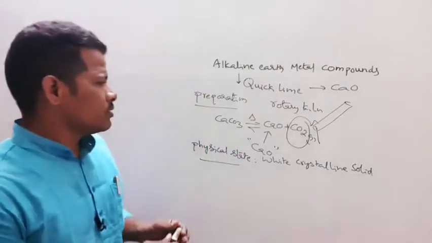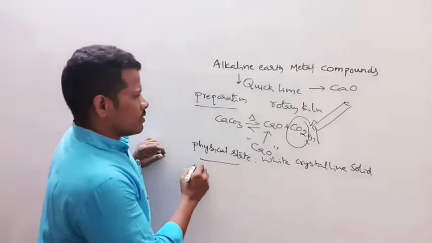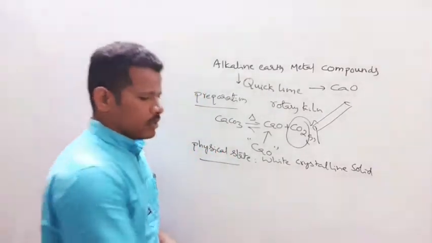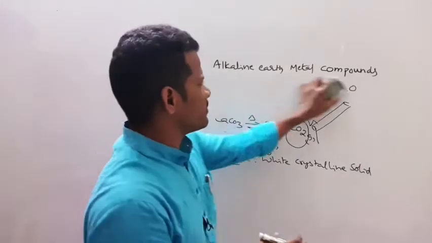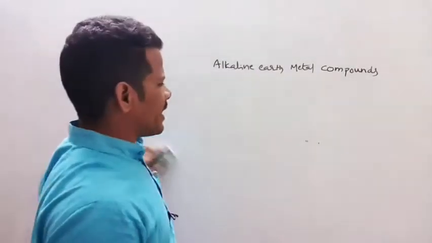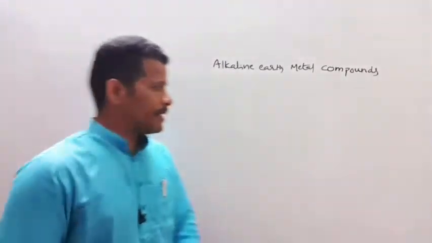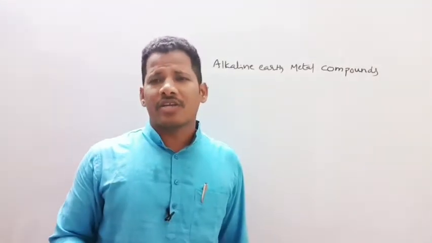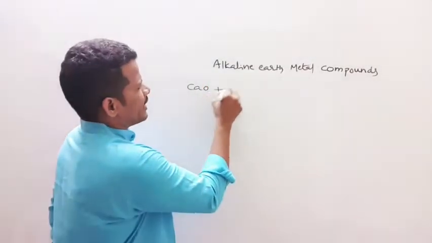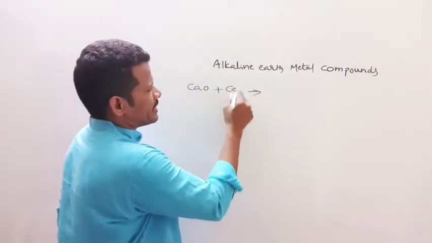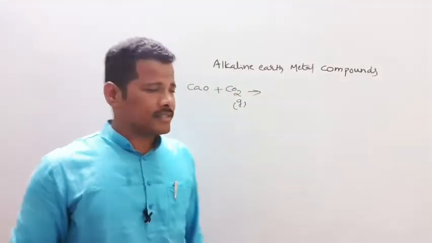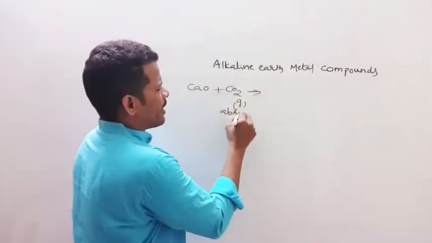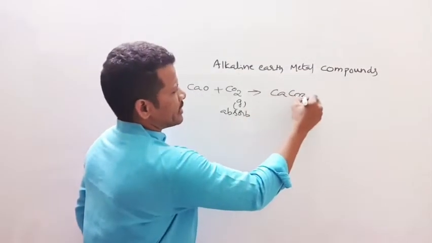Okay. Now I am going to discuss the chemical properties. Calcium oxide is a basic oxide, because metal oxides act as bases. This basic oxide attracts acidic oxides in metallurgical processes. For example, carbon dioxide is an acidic oxide. Non-metal oxides are called acidic oxides. So calcium oxide absorbs carbon dioxide and finally forms limestone, CaCO3.